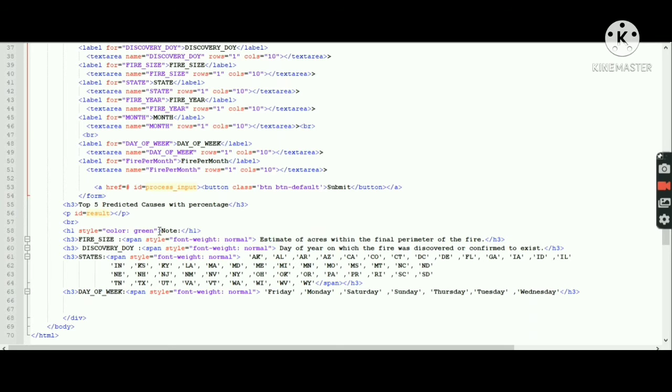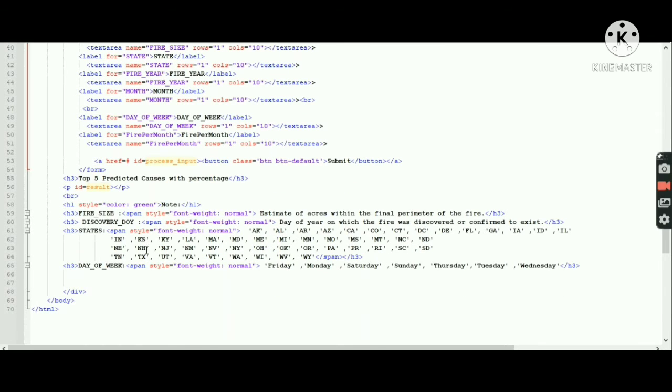Again, if you can see, we have a note. In that we'll show the user what they have to exactly enter in those particular spaces for entering the input. For states we have predefined short forms of the US states, let's say CA for California, GA for Georgia, all those things.